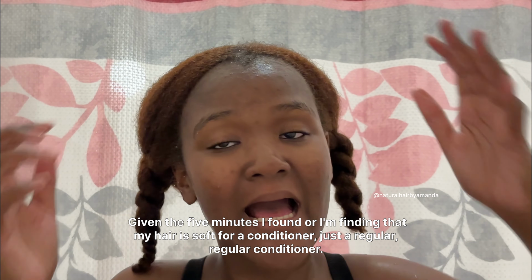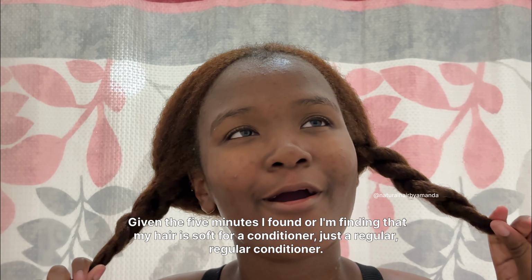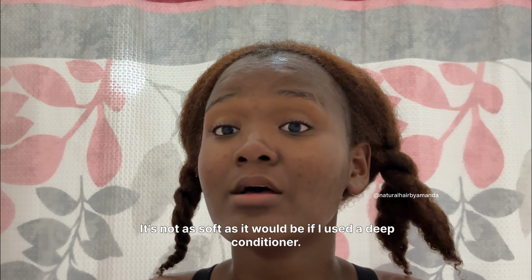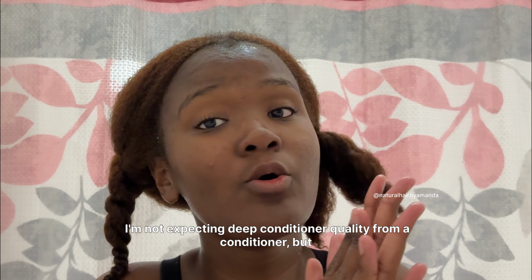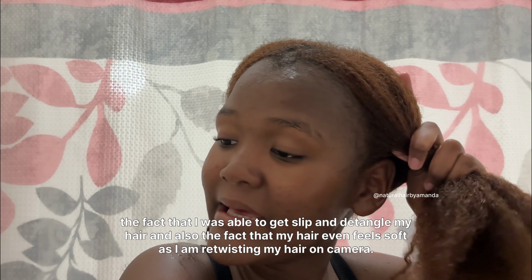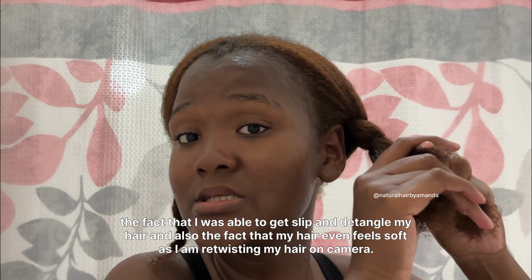Given the 5 minutes, I'm finding that my hair is soft for a conditioner, just a regular conditioner. I am finding that it is soft. It's not as soft as it would be if I used a deep conditioner. I'm not expecting deep conditioner quality from a conditioner, but the fact that I was able to get slip and detangle my hair, and also the fact that my hair even feels soft as I am retwisting my hair on camera,